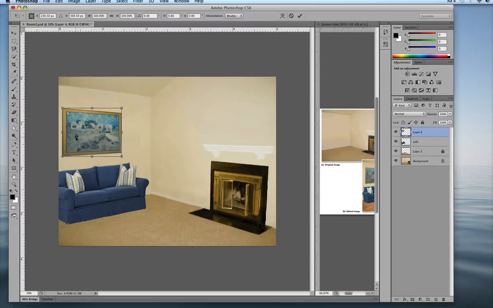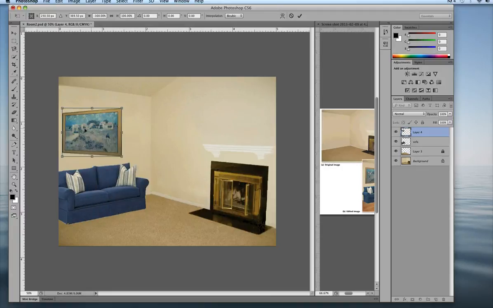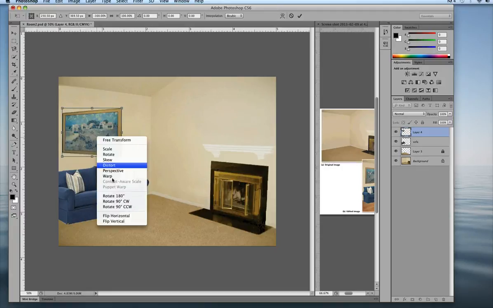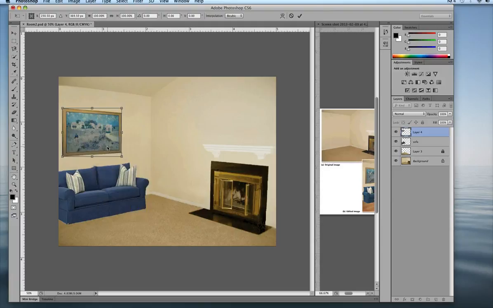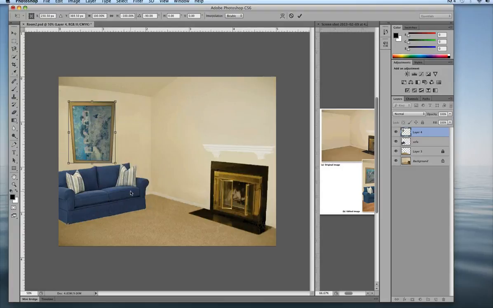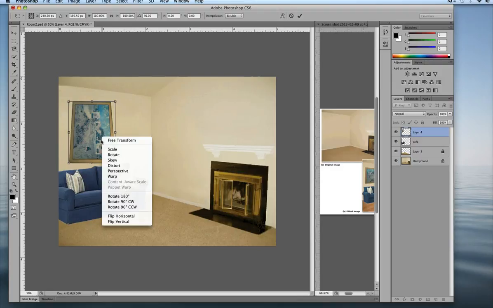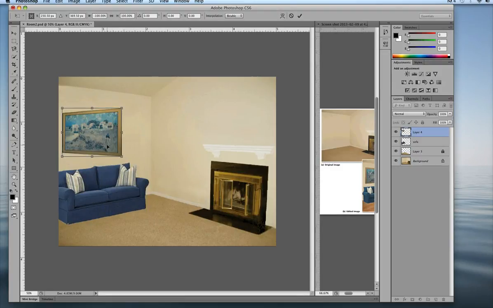Oh yeah, there is one more thing that I wanted to show you. Okay, so again, if I hit Control T and I right click on it and then I hit flip horizontal, it flips it horizontal, flips it around. I can go back again, or I could flip vertical, so it's upside down. What else can I do? Rotate 90 degrees, rotate 180, rotate counterclockwise, and